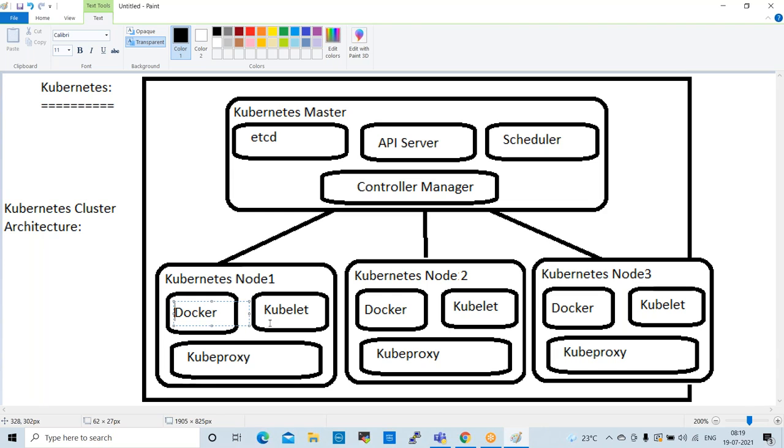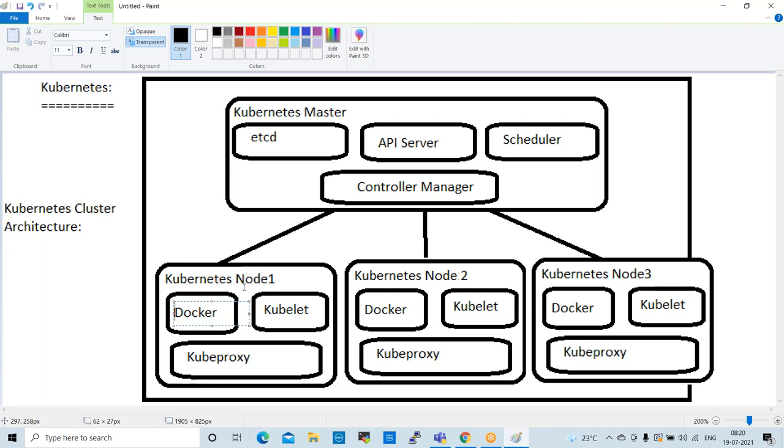The Kubelet service works at node level. If any failures or issues happen inside the nodes, the Kubelet service will always check. Kubelet will monitor at node level, not cluster level.